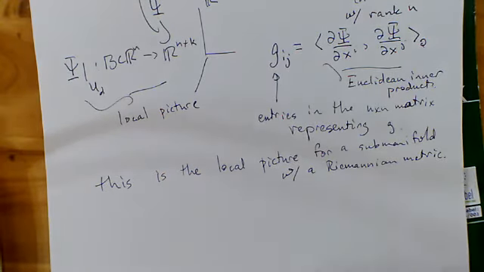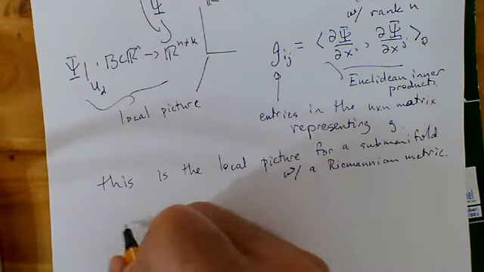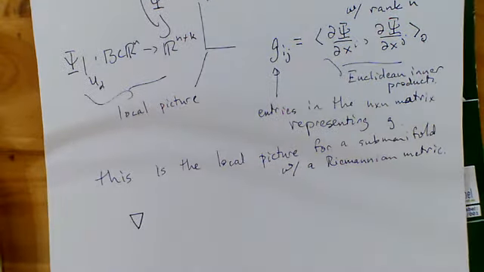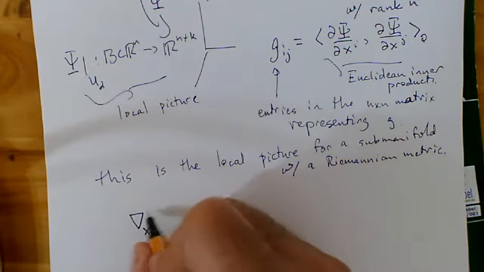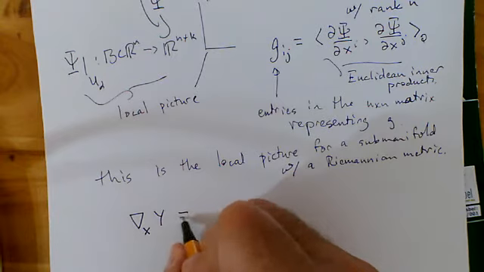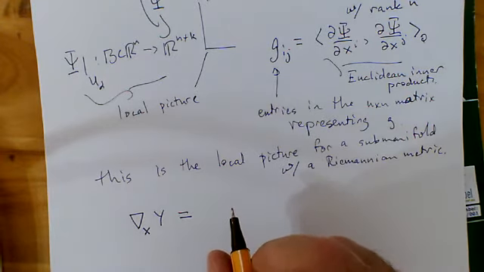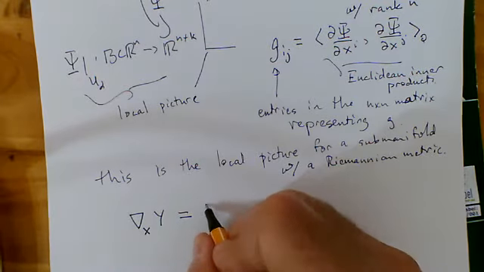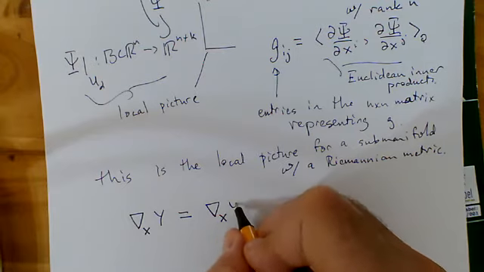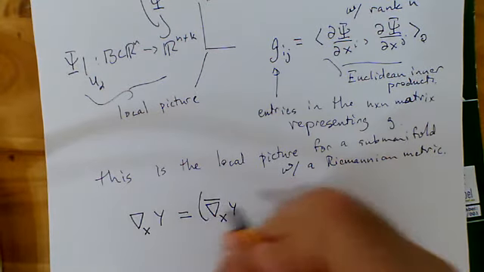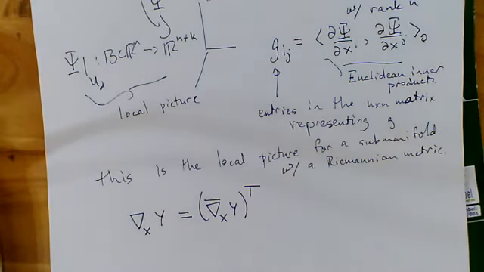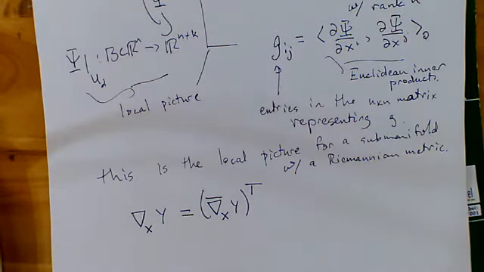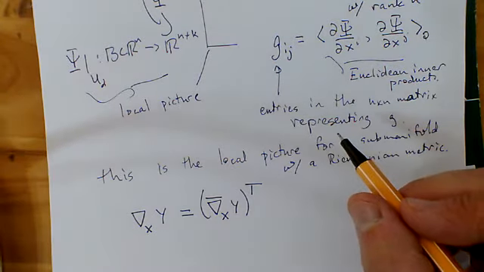Okay, so then I can define my covariant derivative by taking the Euclidean covariant derivative and projecting onto the tangent space. Okay, so this equation here requires some explanation. So first of all,